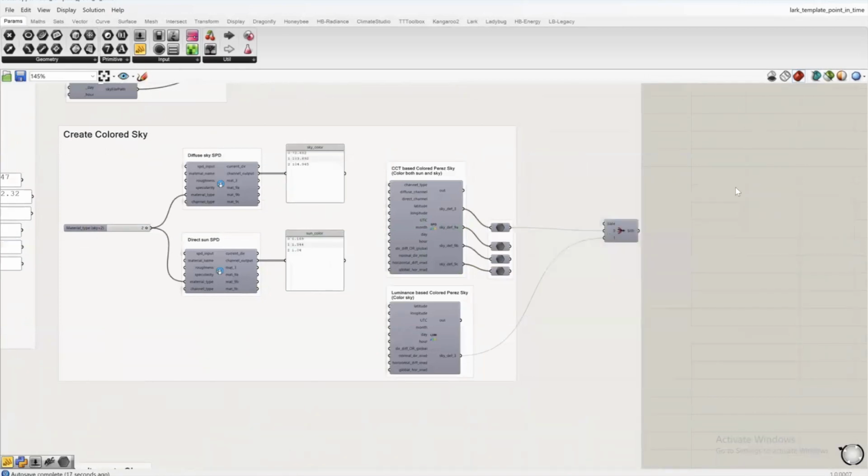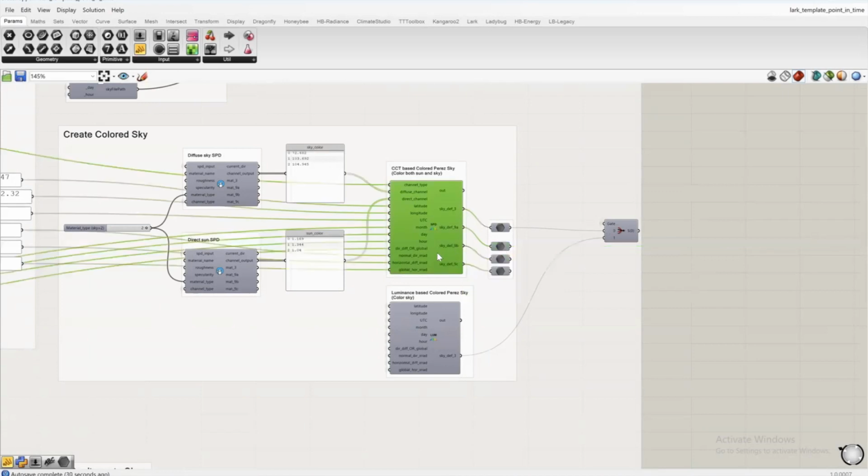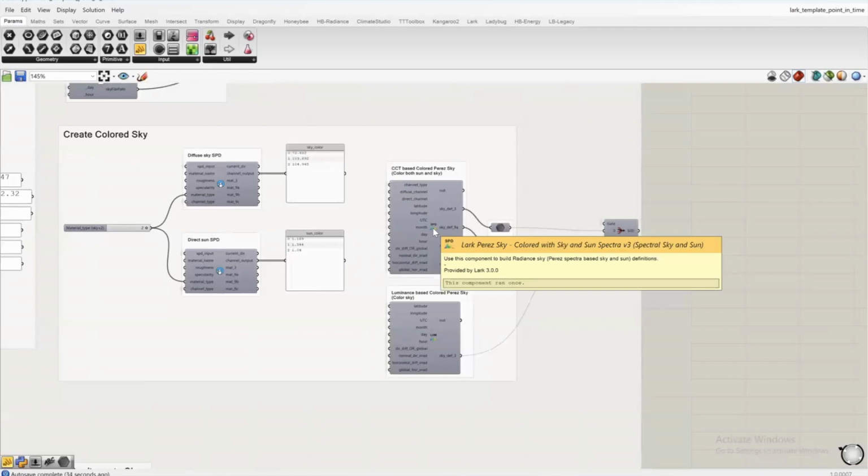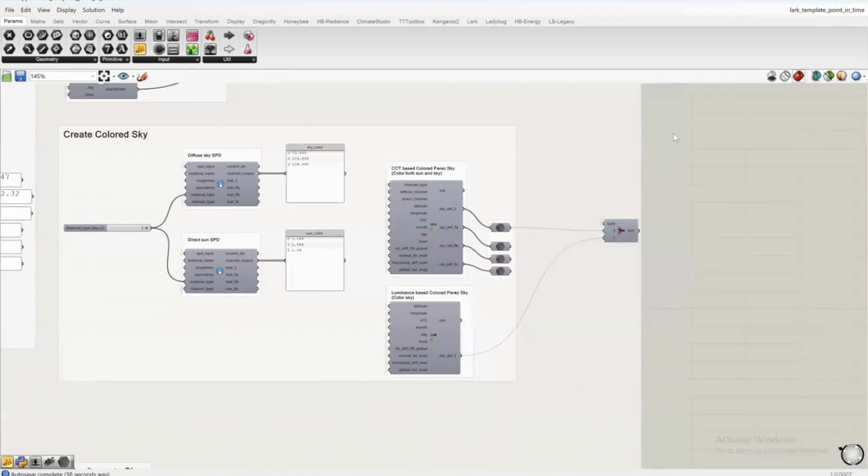So this information is basically showing a text file. In previous versions of Lark, this was showing the location of the sky file where it had been overwritten. But in Lark version 3, this overwriting happens after you've run the Radiance, the Honeybee Radiance component,